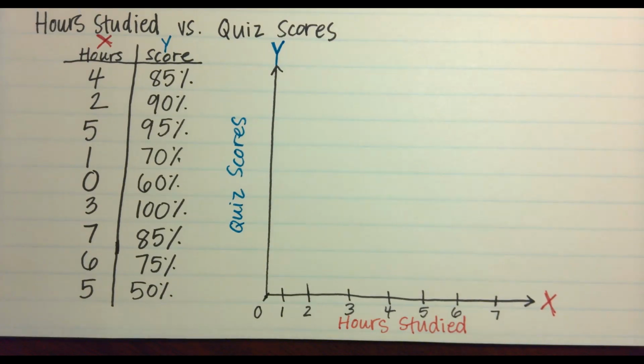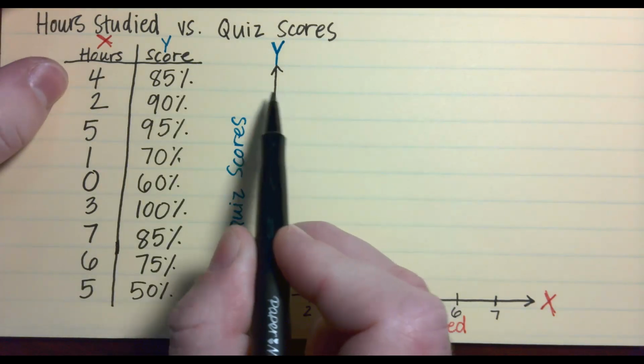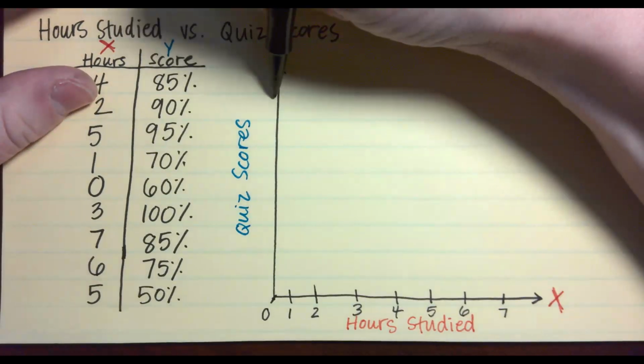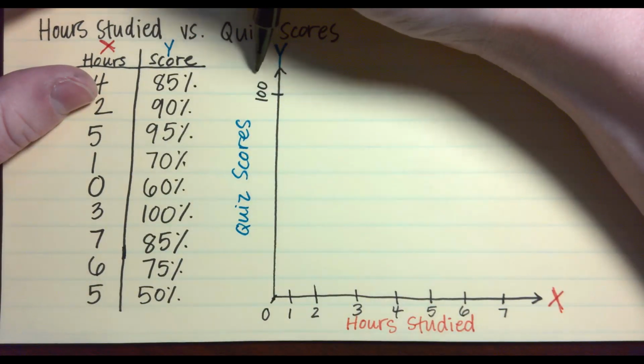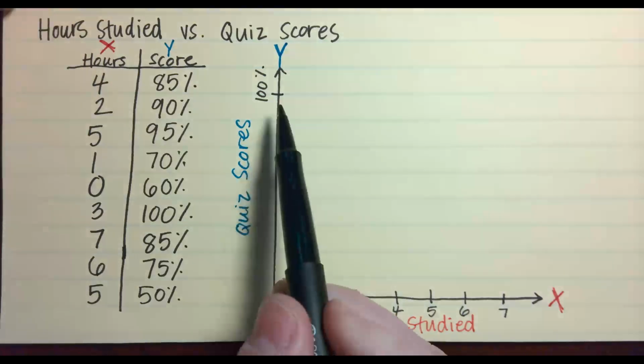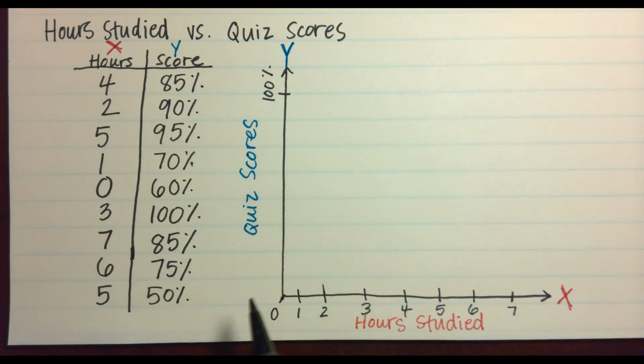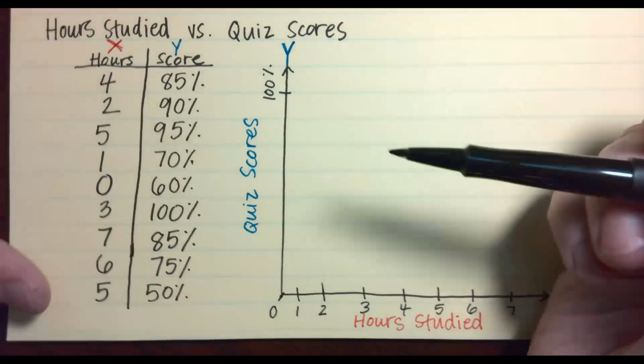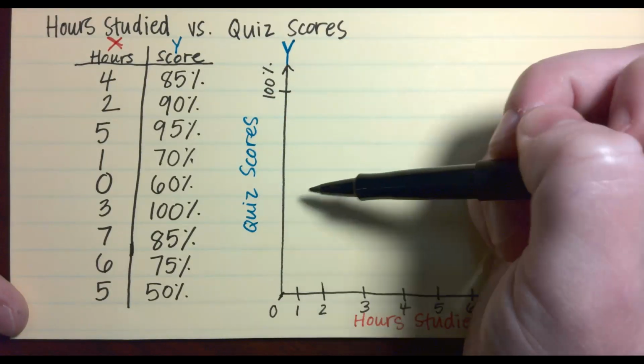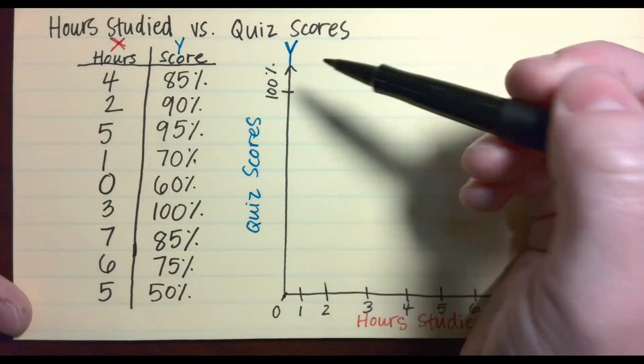Okay, and then let's look at our scores. Looks like the highest score we got was 100. So we're going to make the highest point on our y-axis 100%. And then we're going to kind of evenly separate. I don't think we need to write out every number 1 to 100. You can decide what you want to make each of your points, but I'll probably make a point at 50%, 75%, or maybe we could do it by tens.